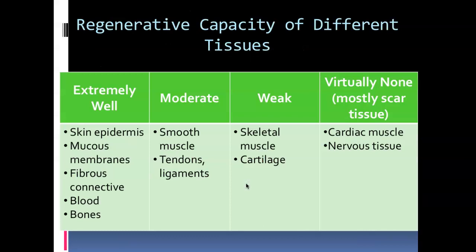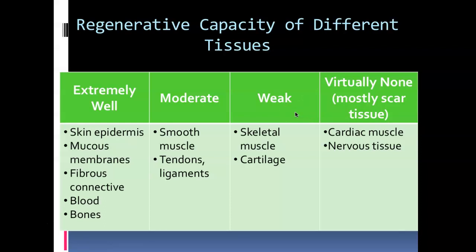Certain types of tissue are going to regenerate more easily and repair more easily than others. And so I'm showing you this chart here to let you know that your skin, your mucous membranes, your fibrous connective tissue, which is under your skin, your blood and your bones are going to regenerate extremely well. So if you have damage to any of these, you're guaranteed you're going to be fine. It's going to regenerate itself. Smooth muscles in the digestive tract, tendons and ligaments, moderately well. We're still okay. Then when we get into this weak and this virtually none regenerative capacity, that's when we have to start worrying about